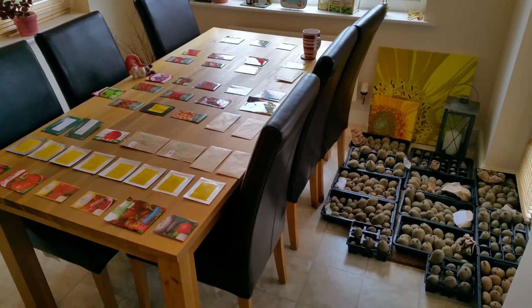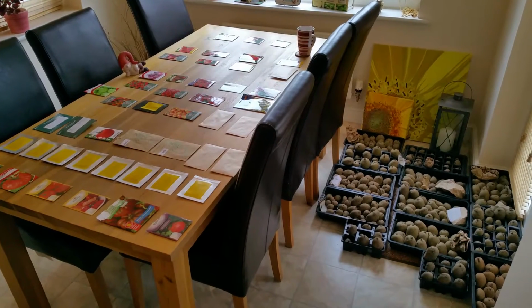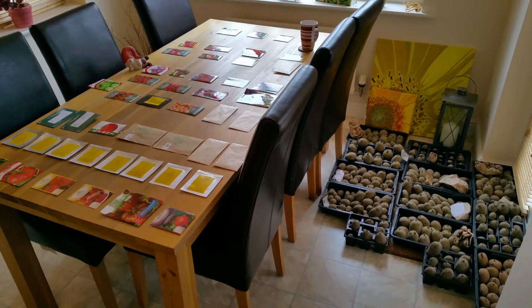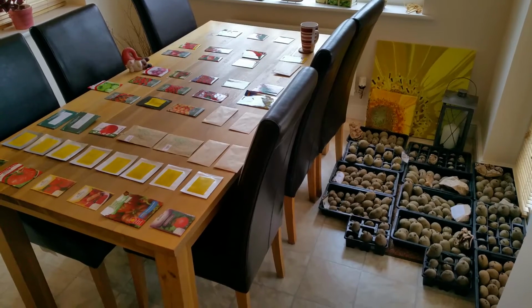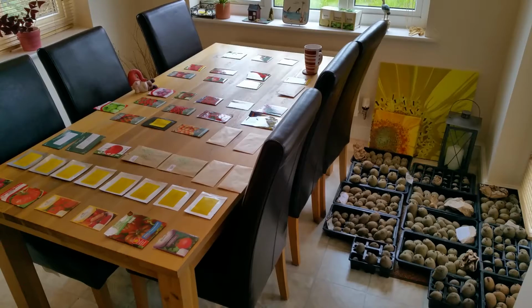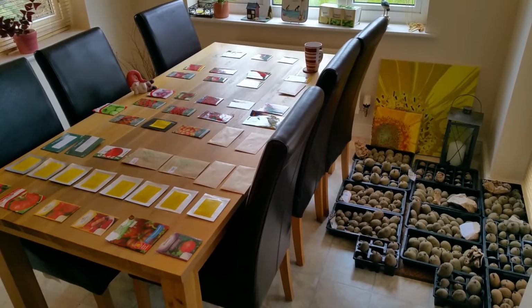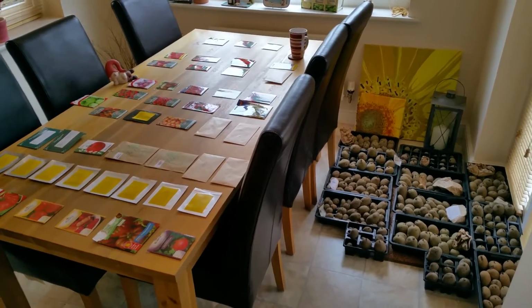It's a little bit cold and a little bit damp outside, although they'd forecast a nice sunny day. So I've decided to take the plunge and sow some tomatoes. This is what used to be the dining part of our kitchen. You can see on the floor there